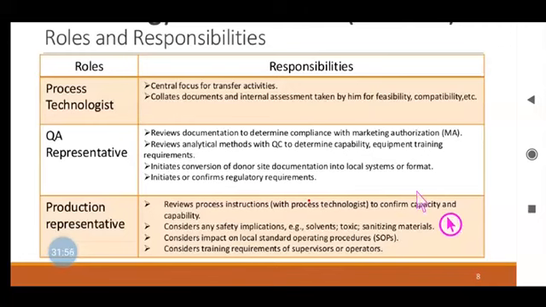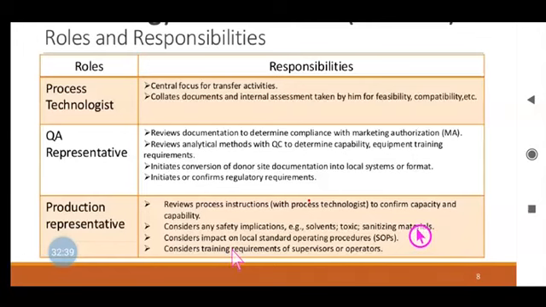Well, in the laboratory we don't actually understand exactly the hazardous effect of some solvents. Maybe some solvent is an organic one, or maybe it has toxicity. So when such materials are required to be handled at a large scale, the production representative can understand this, and he should consider the safety implication for the same when the process will be transferred to the large scale manufacturing plant.